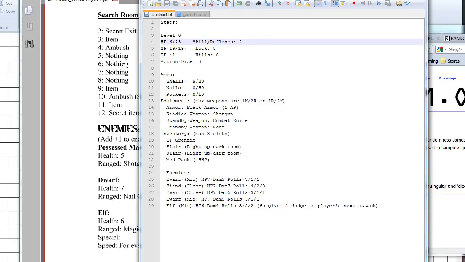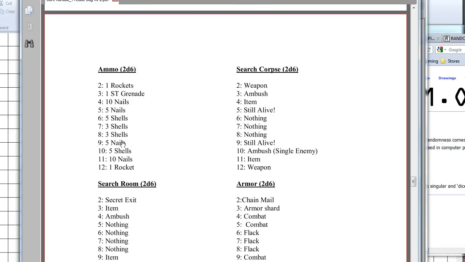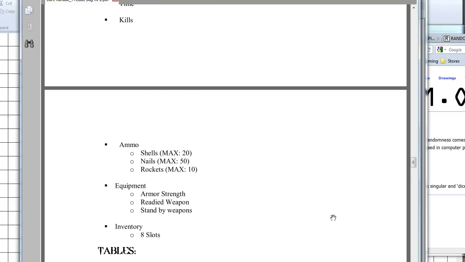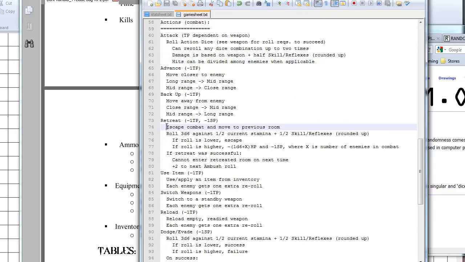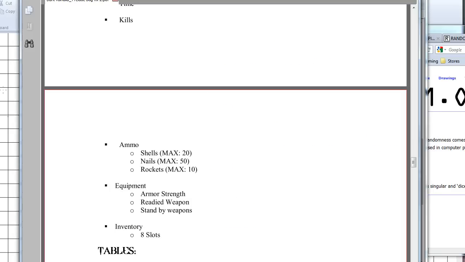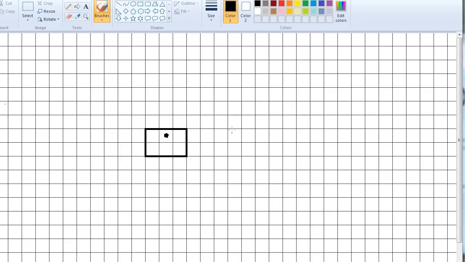The problem, of course, is that in this very first room, I'm not allowed to go anywhere. Because one of my actions, perhaps, is that in combat I can back up. You can retreat, but retreating has to be done to the previous room. Meaning, if there is no room that exists in the first place, then you're basically just totally screwed. 5 freaking enemies here. I'm surprised that 4 of them are... well, 3 of them are mid at this point, but...